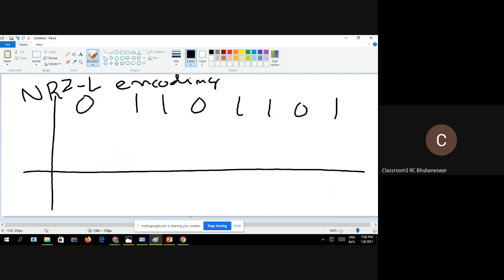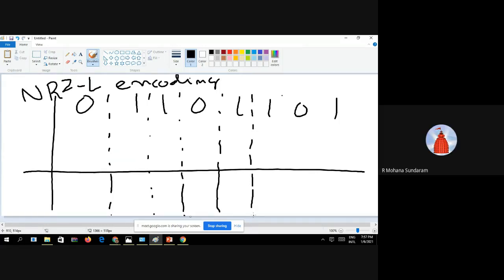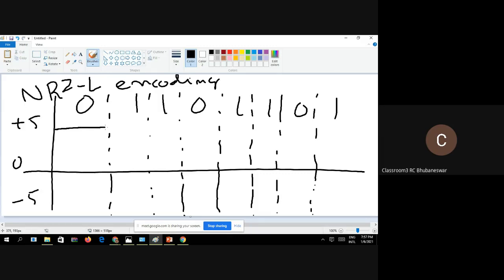कैसे करेंगे? पहले एक्स एक्सिस और वाई एक्सिस ड्रॉ करो। अब सब बीट का बीट इंटरवल ड्रॉ करो, सब हार्ट बीट का इंडिविजुअली इंटरवल। इज इट ओके? यस सर। अभी जैसे एल्गोरिथम बोला, उसके अकॉर्डिंग, 0 बोलने से +5, यह +5 है, यह 0, यह -5 है। 0 बोलने से +5 से स्टार्ट करो, 1 बोलने से -5 पर कम बैक।